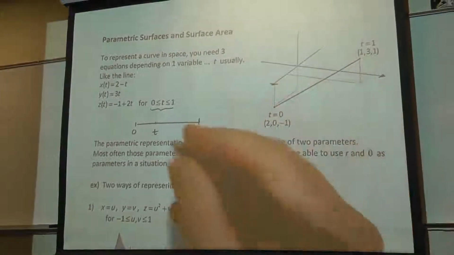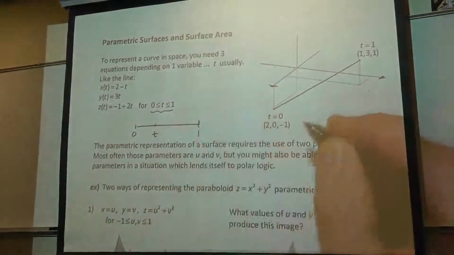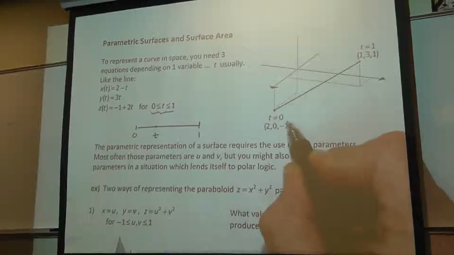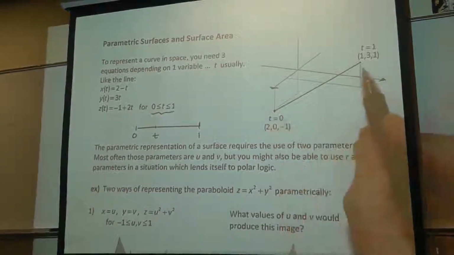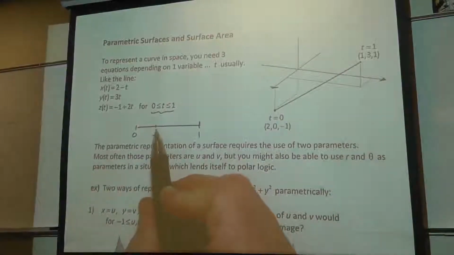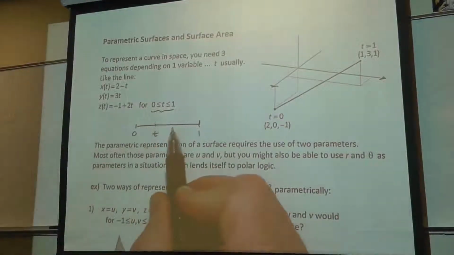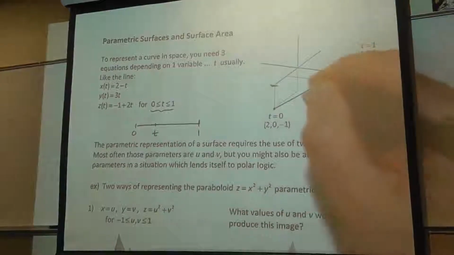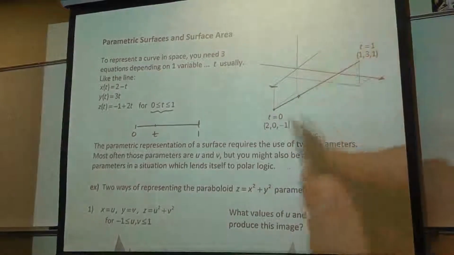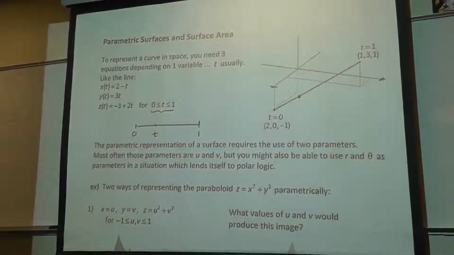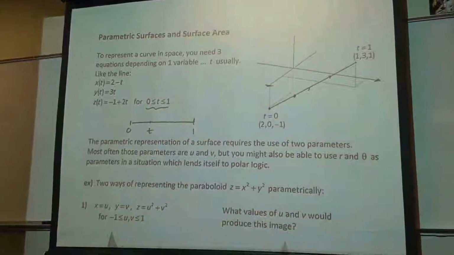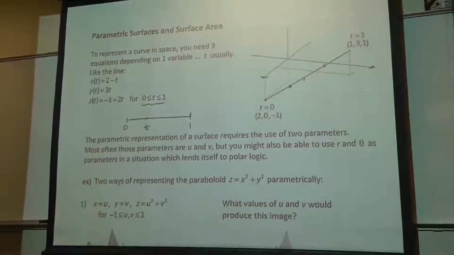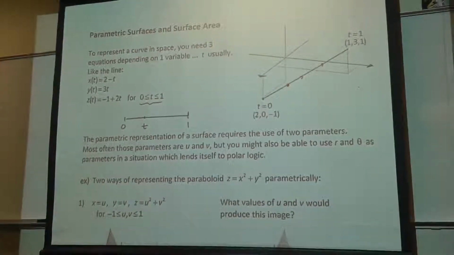on this line. So this endpoint represents your t equals 0 stamp. This endpoint here represents your t equals 1 stamp for that line in space. So this point that looks like it's about 1/3 of the way from 0 to 1, maybe t equals 1/3, will probably fall right about here, 1/3 of the way from 0 to 1 on that line. And it looks like the orientation is in this direction, going from here to there. So you've dealt with parameterizing lines and curves in space.